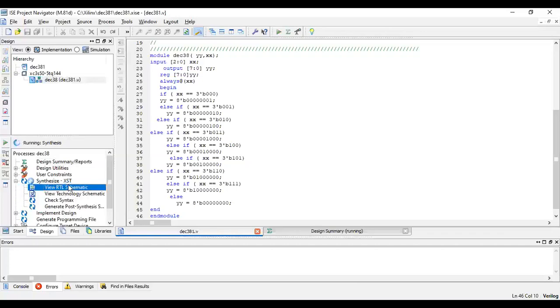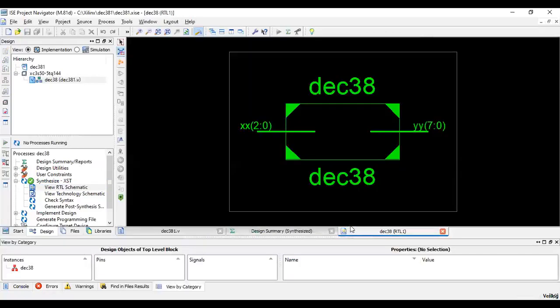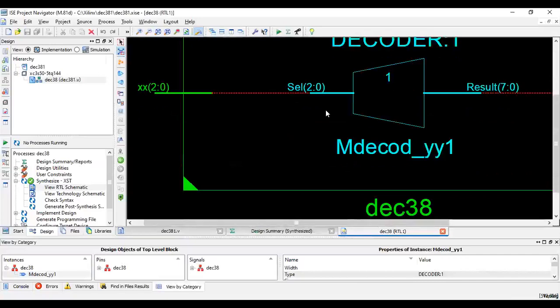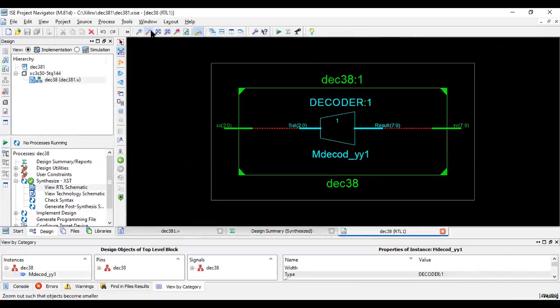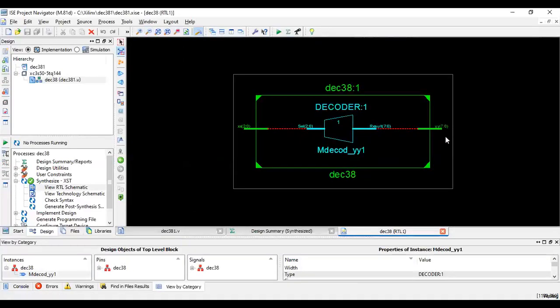Let me get the block diagram for the 3:8 decoder. See, I got a 3:8 decoder. Now if I click on this, the decoder is having 3 inputs and 8 outputs.